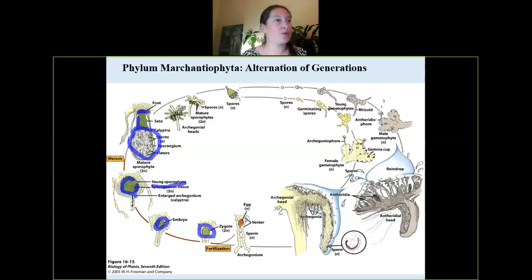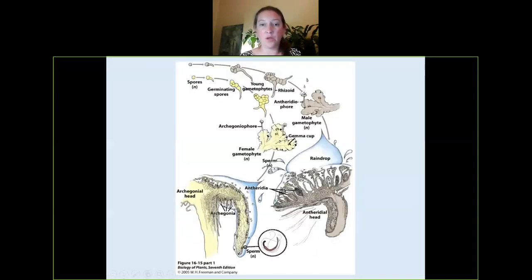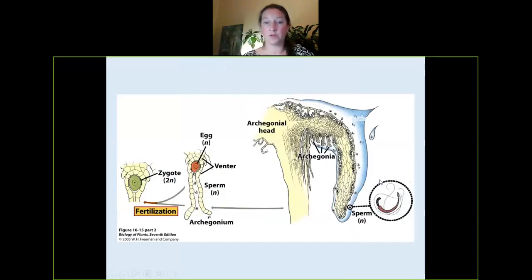Yeah, I have this better on the following slide. This is what I'm not going to annotate, but this is what I just drew. This is a close-up of that part where the rain dropped on top of the antheridiophore, splashing sperm out of the antheridium onto the top of the archegoniophore. So I just drew that before. Here we see the sperm swimming. It's going to end up